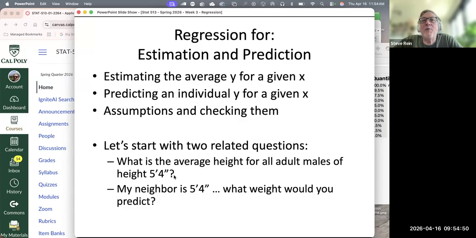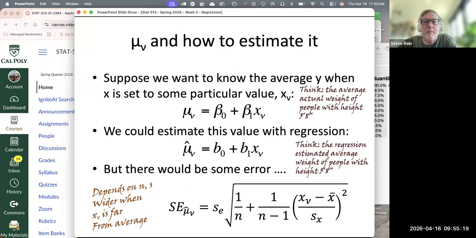And if you gave me a height weight relationship, I could predict the average weight for someone of David's height, but that's estimating the average for someone of that height, 5'4". And if I told you your job is to predict David's individual weight, you go plus or minus wider because he might be heavier than average for someone of his height or much lighter than average for someone of his height. So two different questions where the estimate might be the same.